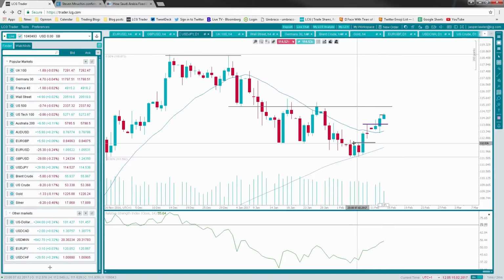And then we got the first indication that this support was holding, being confirmed with this rally on February 9th. And what we've seen since is we've edged above the short-term moving average as well, which